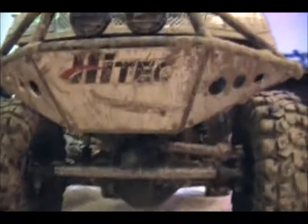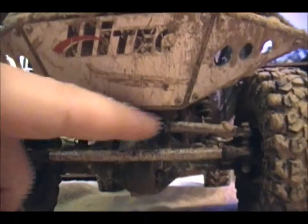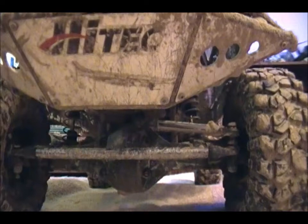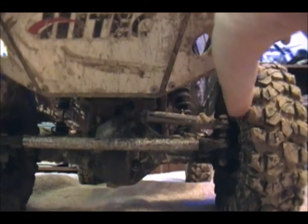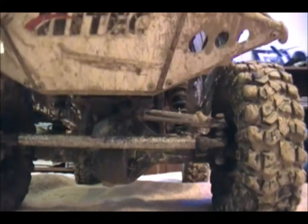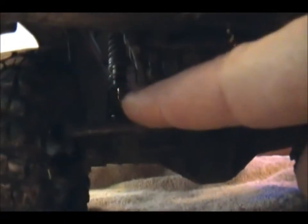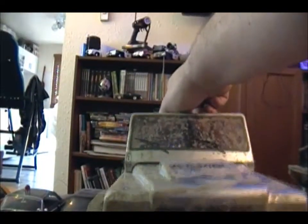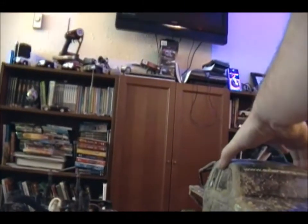A couple little differences though. This is my steering. I don't know what you call that, Pitman arm there. Runs down to the steering knuckle, which controls both sides. His drops off the servo, attaches to this tie rod in the middle, or just off the side. One big difference. He's doing some repairs to his, which I'll go over shortly. The biggest difference, I should say, between the two,